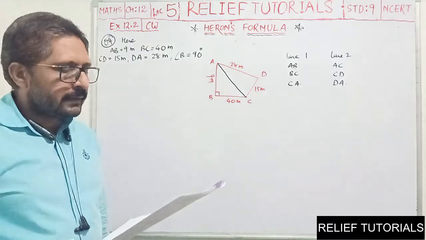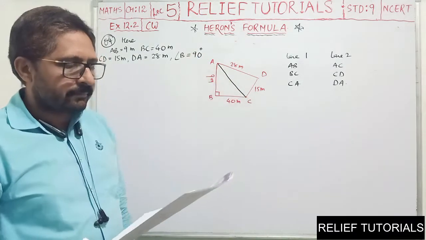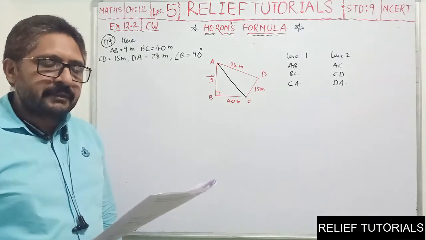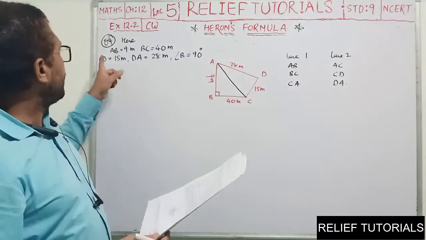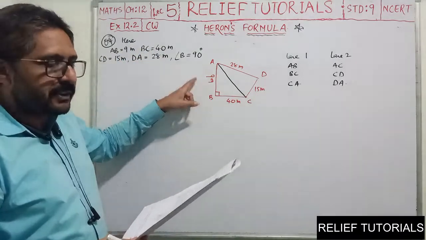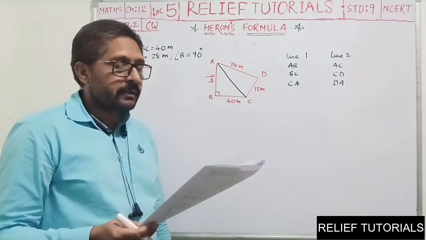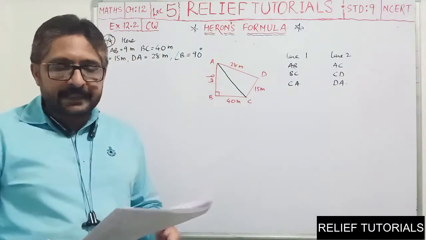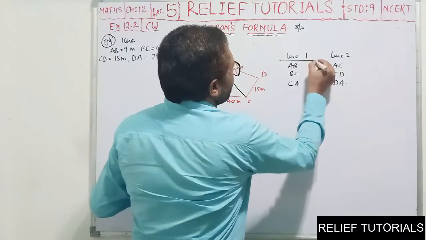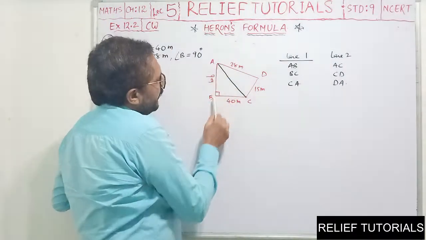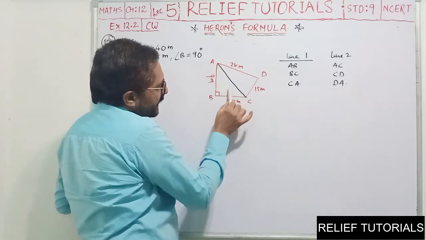While the other group, they walk through AC, CD and DA. Then they clean the area which is enclosed within their lanes. If AB, BC, CD, DA are the dimensions, B is 90 degrees, then which group cleans more area and by how much, and find the total area cleaned by the students. So see, these are the two lanes. So the first group followed A to B, B to C, C to A. This is the lane followed by the first group. So how much area is enclosed by this?